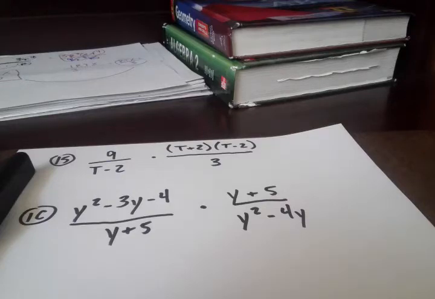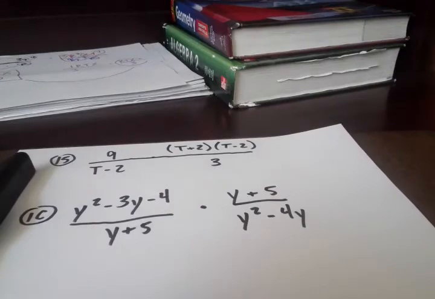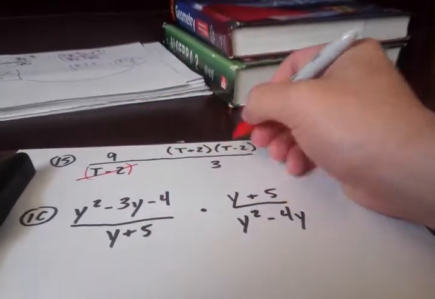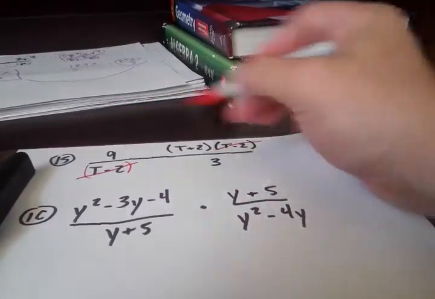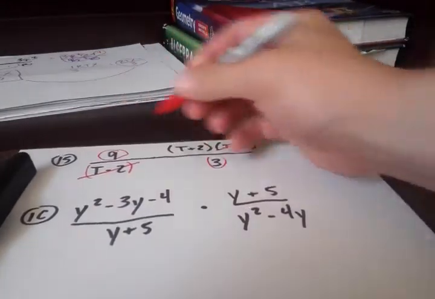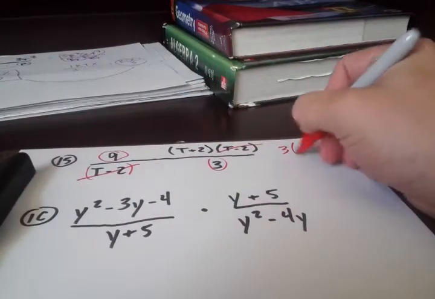So if you see multiplication, guys, remember, it's basically giving us one giant fraction, right? Because we're just going to mush them together anyways. Let's cancel. I see this t minus 2 down here? I'm going to cancel with that t minus 2, right? You see this 9 over 3? What's 9 over 3 reduced to? 3 over 1. So I'm going to have 3 times,